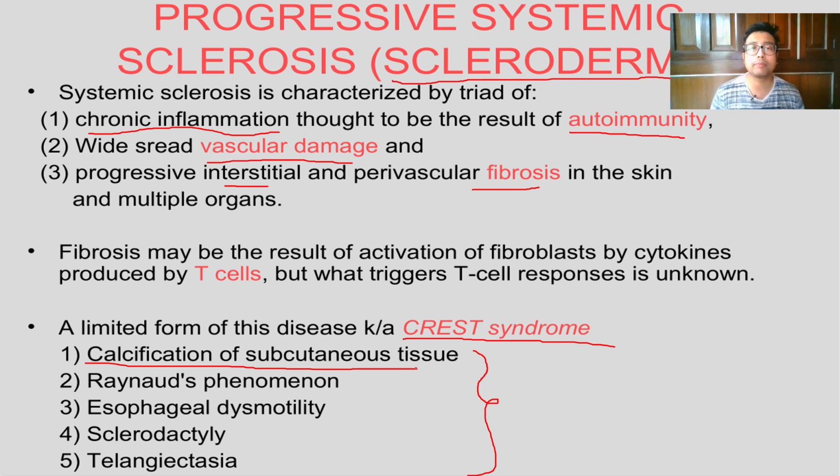It's an extremely painful situation, and the patients who develop scleroderma and CREST syndrome literally cry and die out of hunger because they cannot simply do the process of deglutition, such a basic process. It is followed by sclerodactyly. Sclerodactyly means what? The palm actually becomes clawed inward like this.